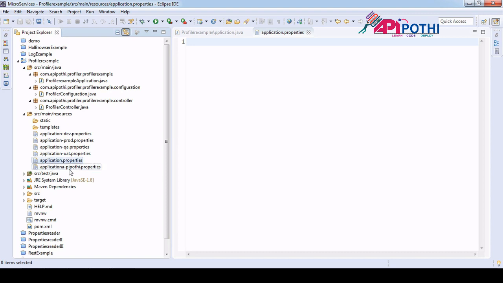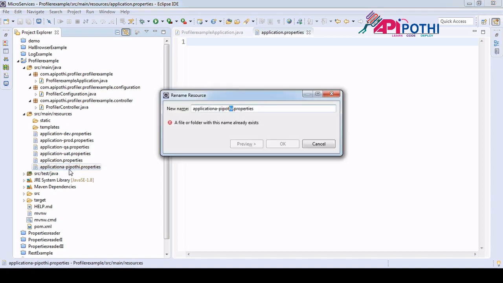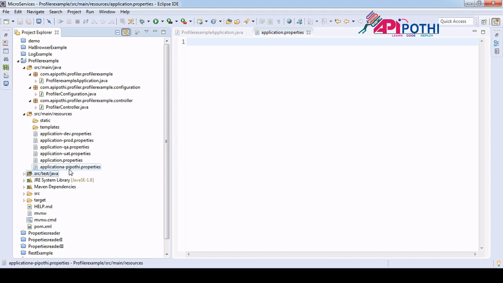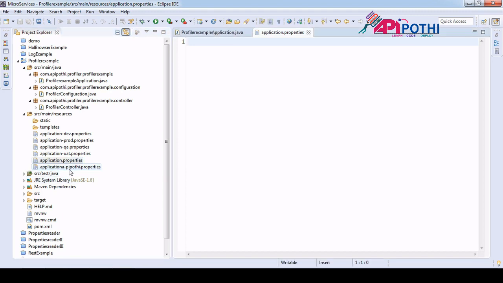and prod or UAT inside Spring Boot. Spring Boot will just understand this name as a string, that's all, and whatever you do with this string, Spring Boot will load your configuration and it will help you to run, that's all. For now I have the default, and this should be there.